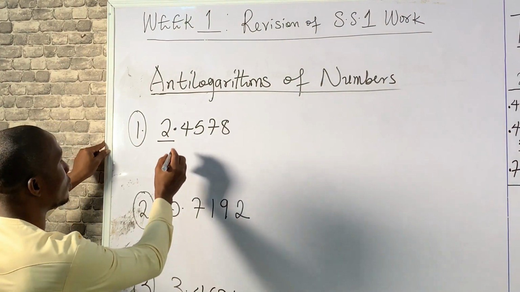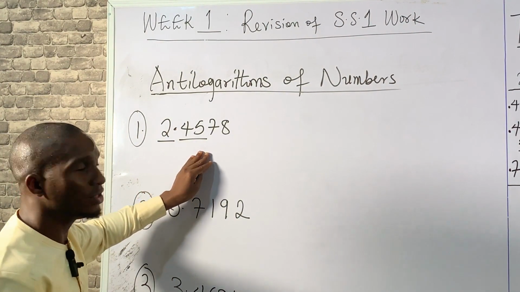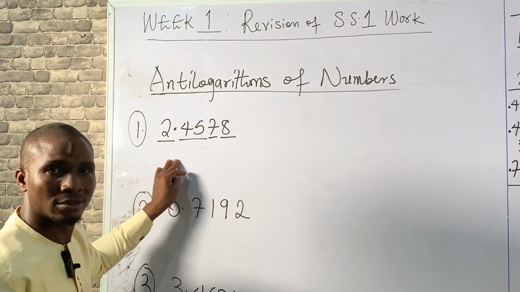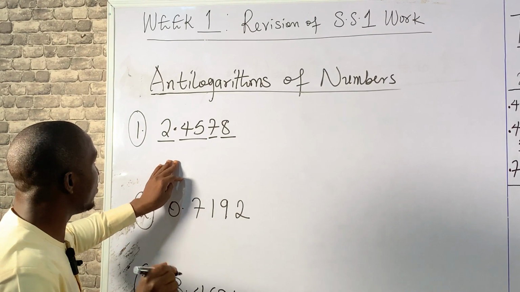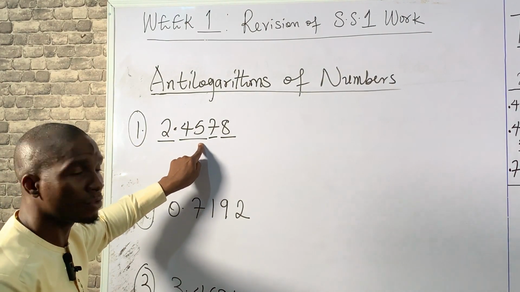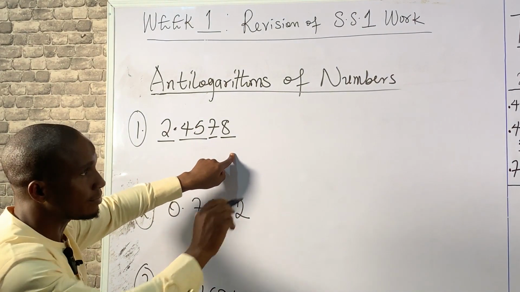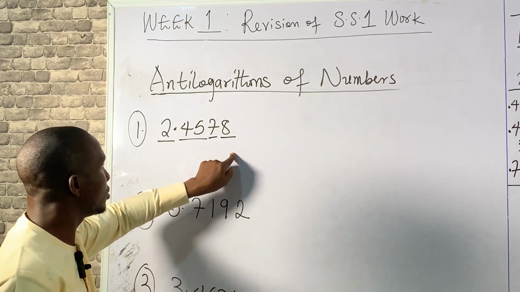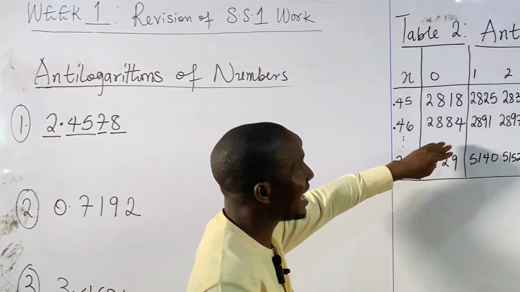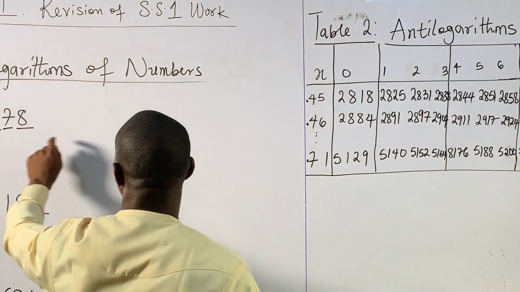From the table, you are going to check 0.45 under 7 difference 8. I repeat, from the table, you are going to check 0.45 under 7 difference 8. Now, let's look at how to use the table over there. So this is the antilogarithms of numbers table. So we want to check